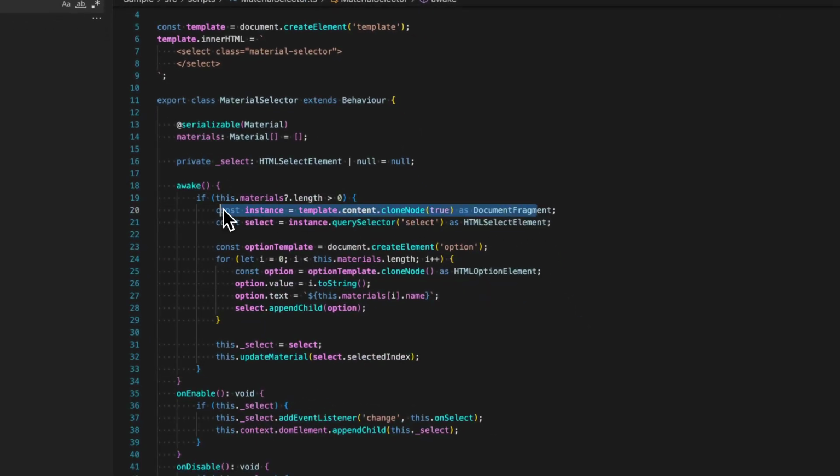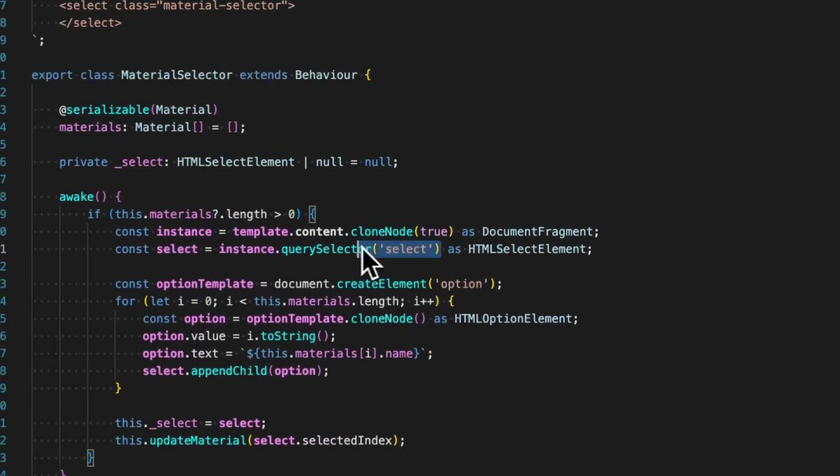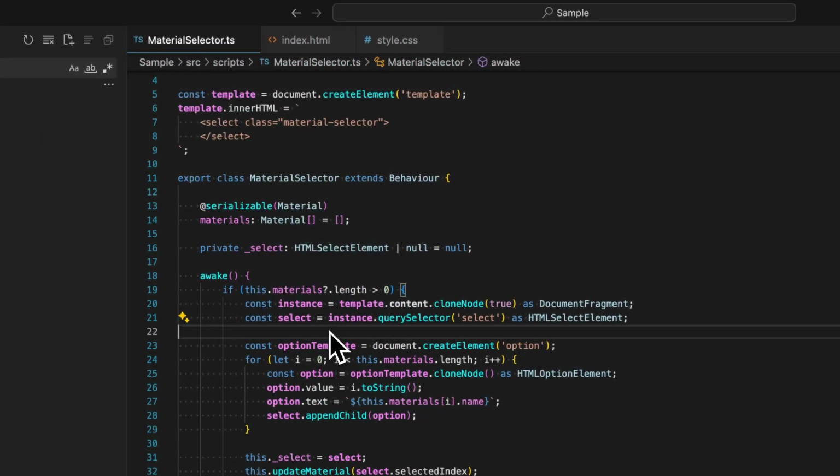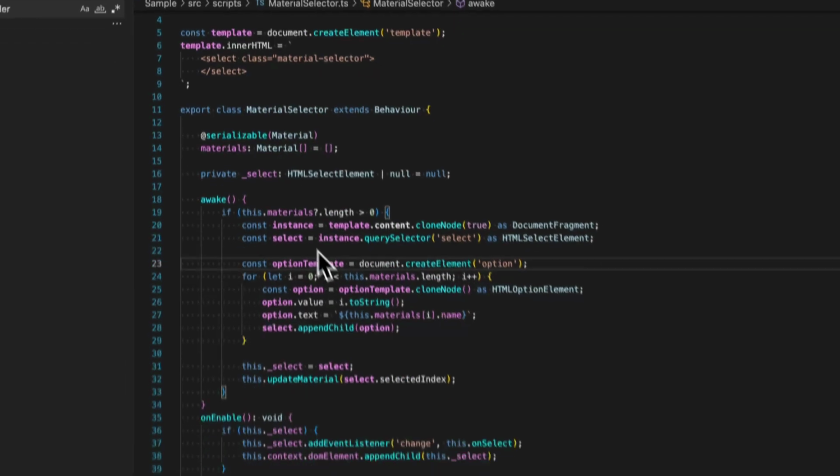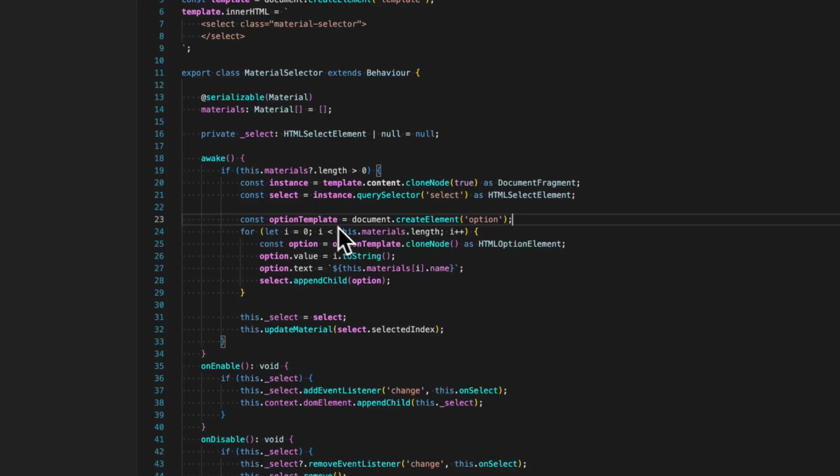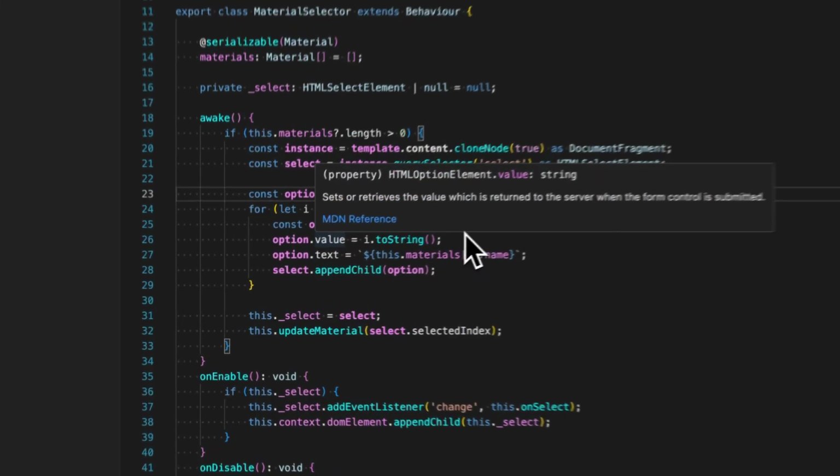Then we create a new instance of our HTML template. As said before, this could be anywhere, so we could also scan our website for a specific selector like we do here. Okay, so then we get the select element that is part of our template, and we create a new option inside of our select. Then for each material that we have assigned, we create a new option instance and set the index of our